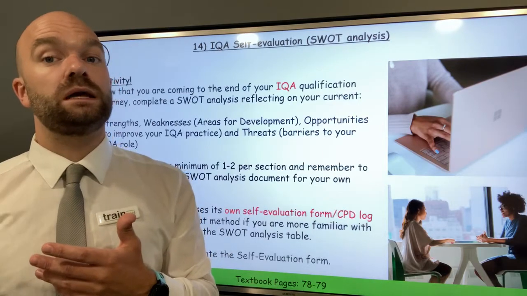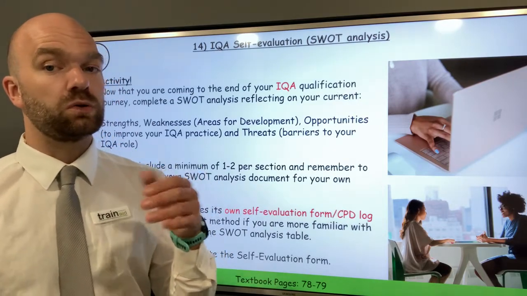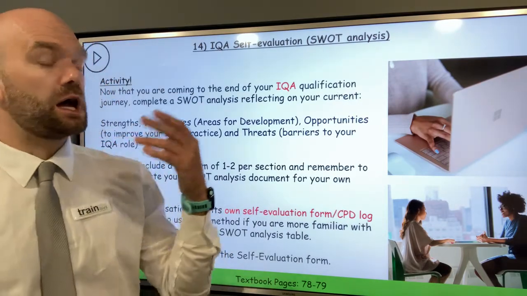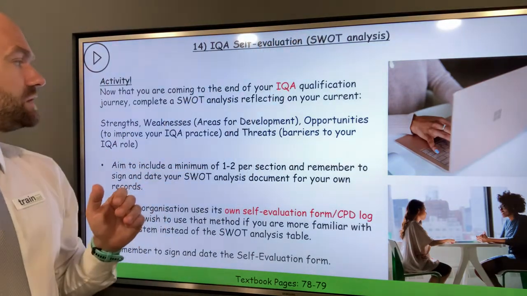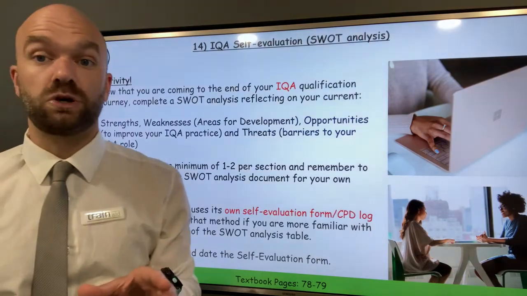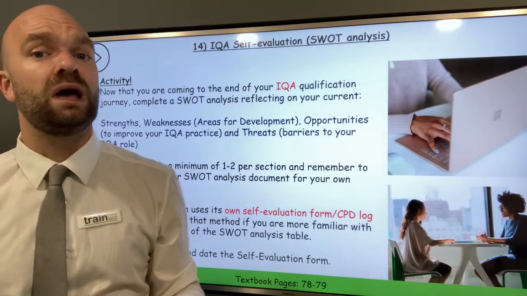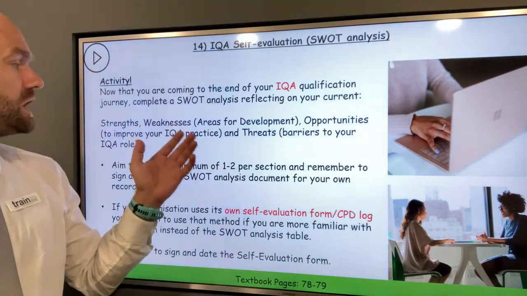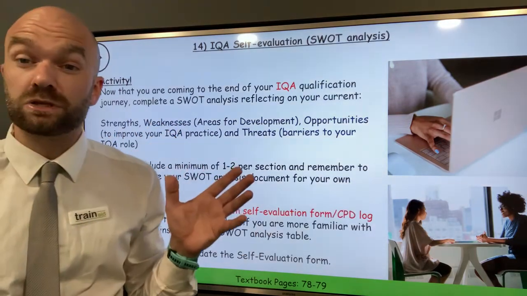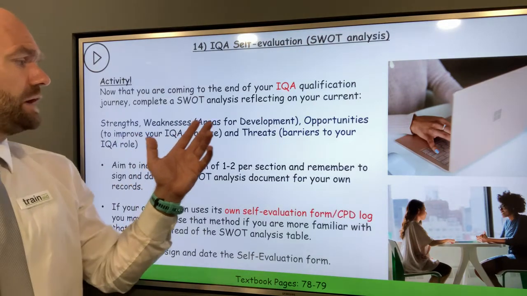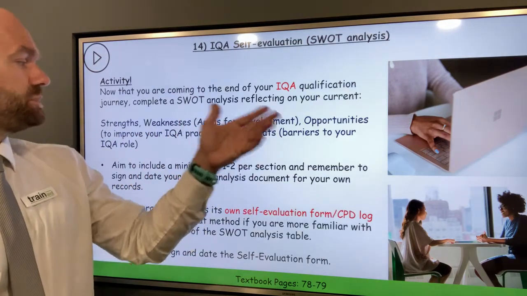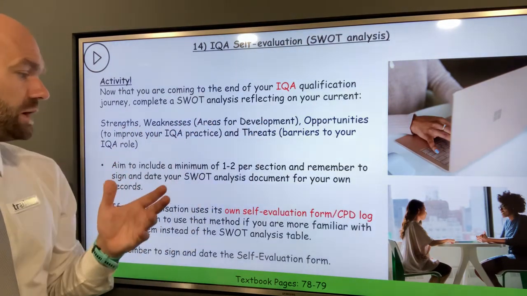Okay. So in terms of this criteria, I would like for you to create a self-evaluation document such as a SWOT analysis, okay? And this is a very simple document, 1 to 2 pages maximum, reflecting on your strengths, your weaknesses or areas for development, opportunities to improve your IQA practice, and also threats, otherwise known as barriers to your future IQA role.